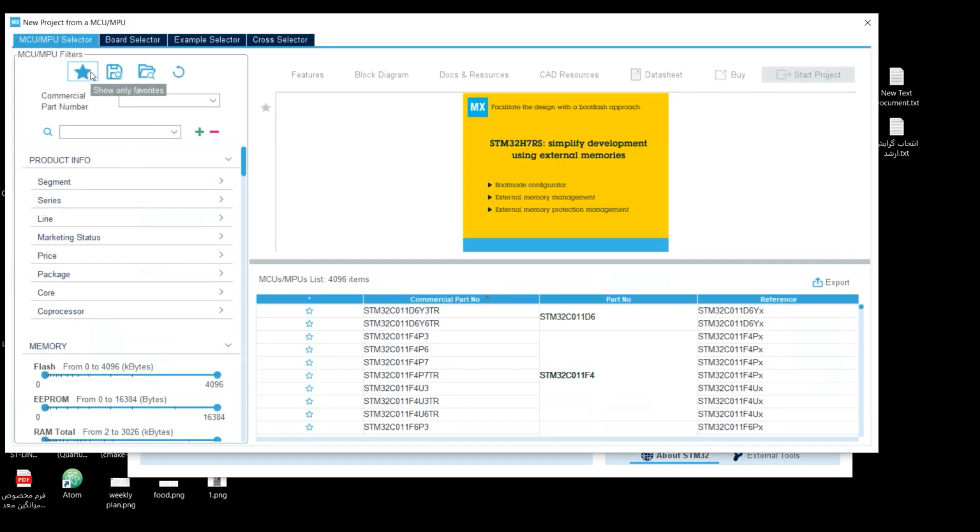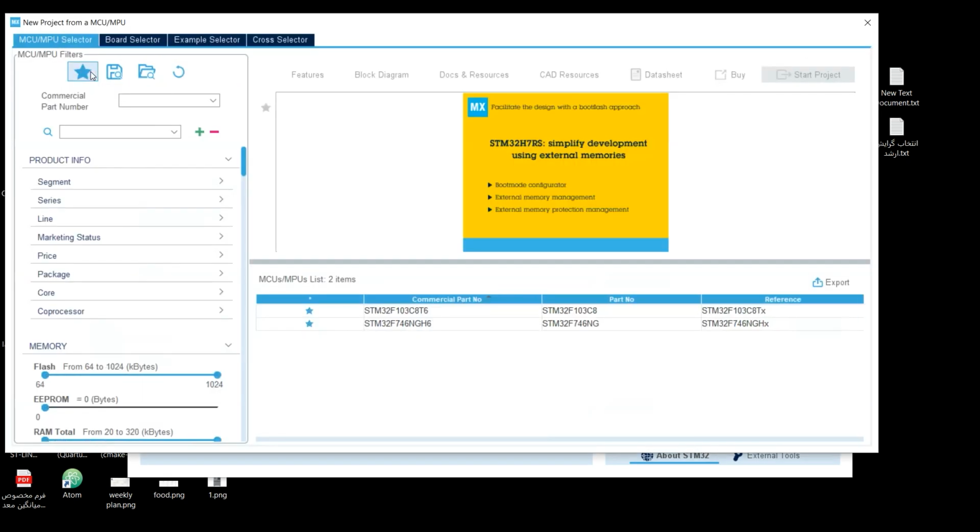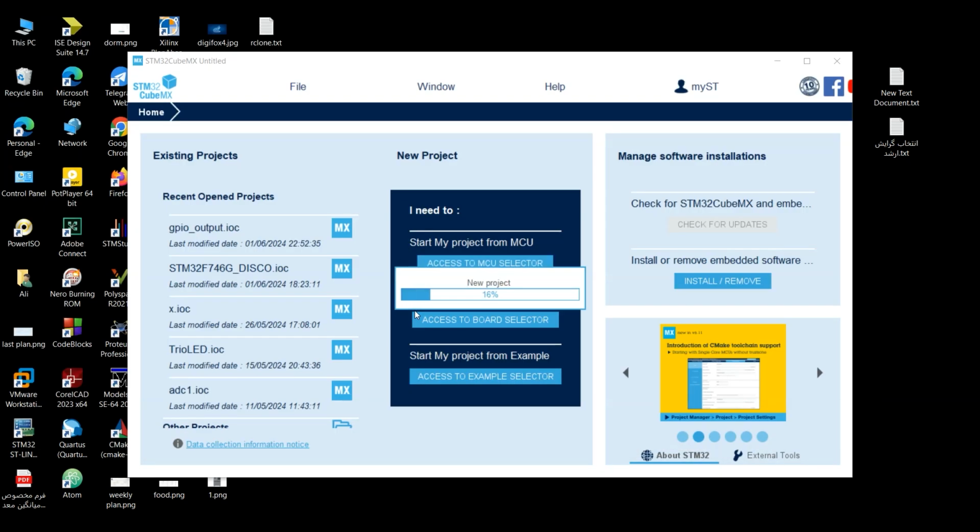Before, I have marked my microcontroller, so I click on the star symbol and I find STM32F103C8T6. I double click on it. My project is being built.